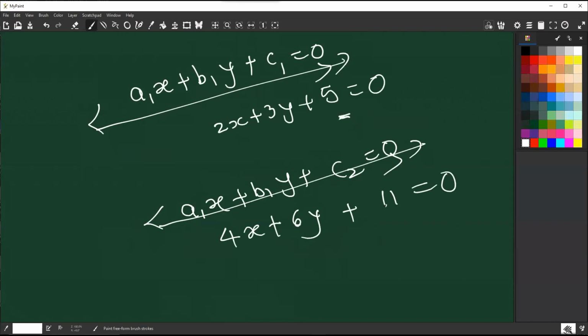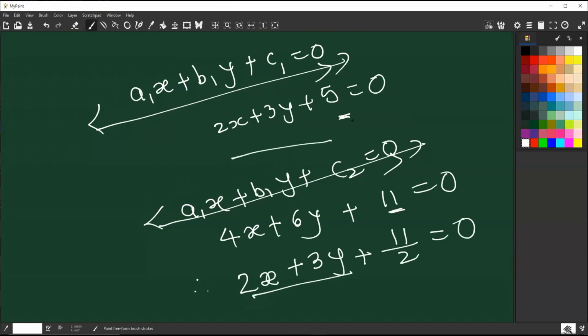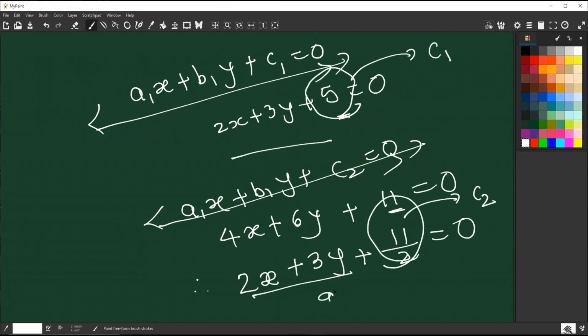तो हम लोग ये c1 and ये c2 directly उठाते हैं, which is wrong। We have to have x and y के coefficients absolutely identical। तो ये 2x है तो ये भी 2x ही होना चाहिए, ये 3y है तो 3y ही होना चाहिए। So what we do to this equation, we divide by 2, so 2x plus 3y plus 11 upon 2 is equal to 0। So ये दोनों जुड़वा बहनें हुईं, देखो x and y। Then ये मेरा हो गया c1 and ये मेरा हो गया c2।